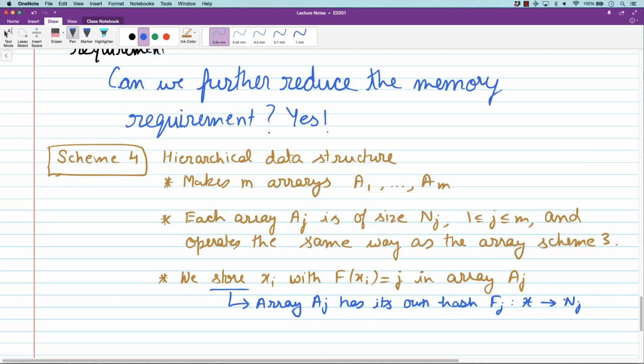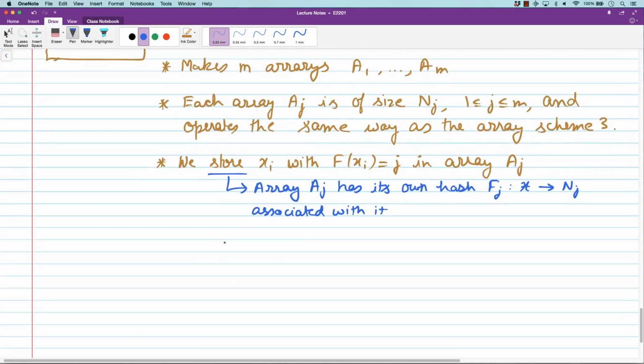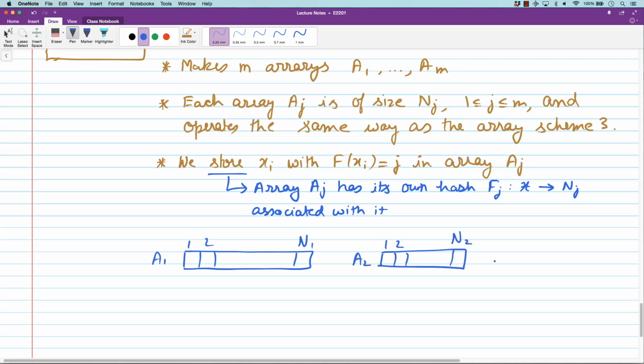This is again the UHF associated with it. So pictorially, there are these multiple arrays, a1, a2, okay, so on and so forth, and